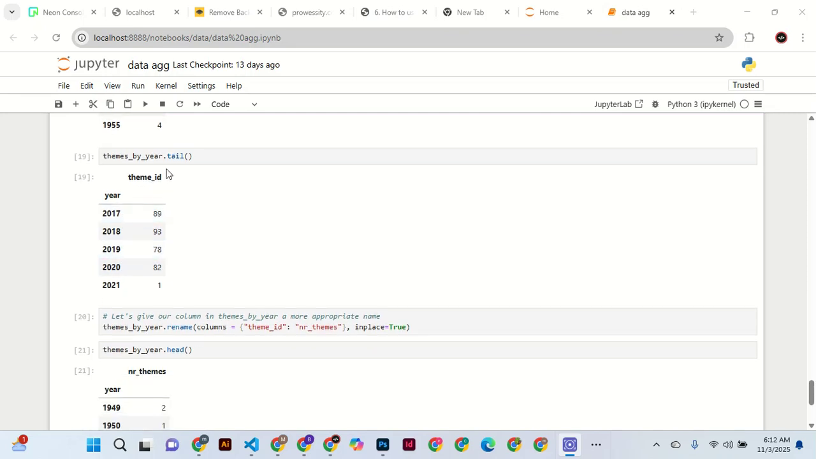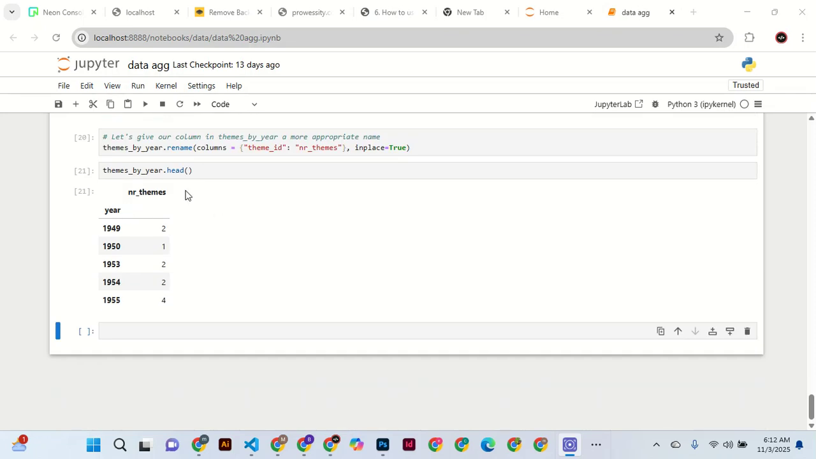Now what we want to do is to make the line graph for the ID against years. So number of themes against years is what we want. But remember,